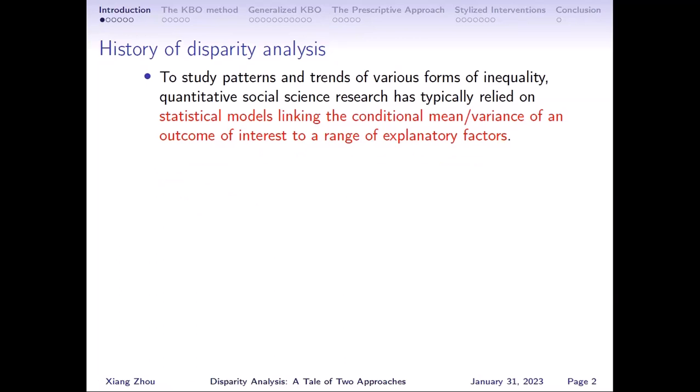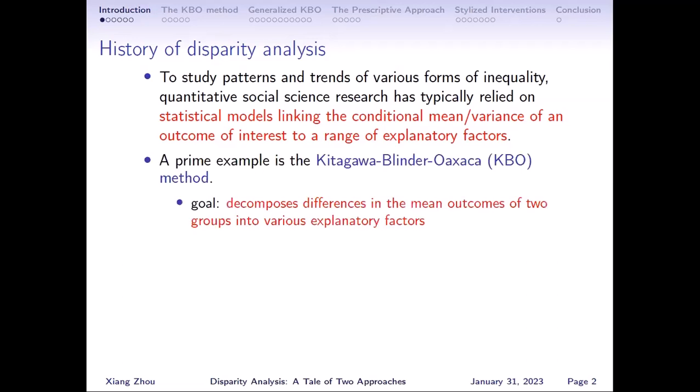Yeah, so to study different kinds of inequality, quantitative research has typically relied on statistical models, especially parametric models that link the conditional mean or variance of the outcome of interest, like income and wealth, to a range of explanatory factors, such as gender, race, class background, educational attainment, neighborhood conditions, etc. And the prime example of this approach is what we call the Kitagawa-Blinder-Oaxaca method, where the goal is to